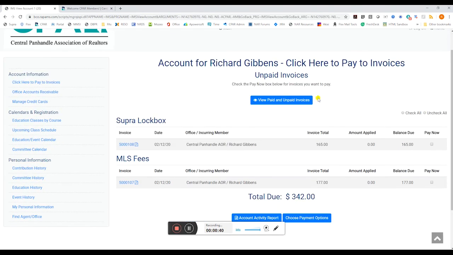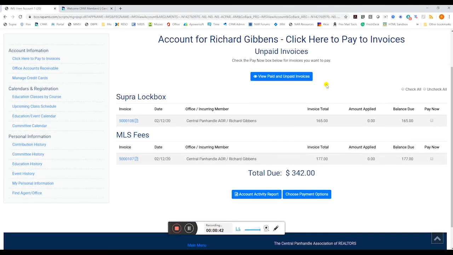And that'll bring you to the screen that shows your unpaid invoices. Now, with this new system, invoices are going to work a little differently than they did before. Before, you had all your options lined up where you had 20 invoices on there where you had to check and uncheck which ones you didn't want to pay. Now you have two options. You can either pay it in full, which is going to be the whole year, or you can do what's called a payment plan, which will break it up in either the quarterly options for MLS or the monthly options